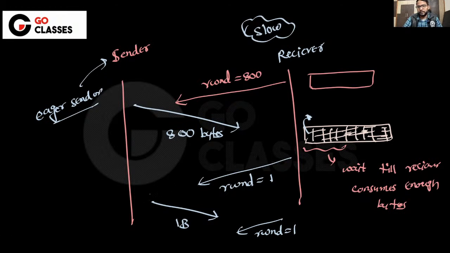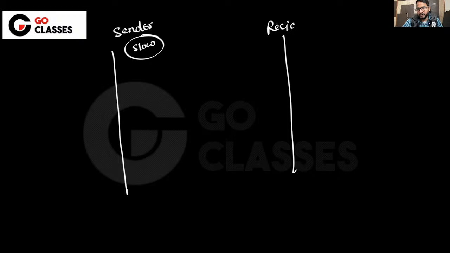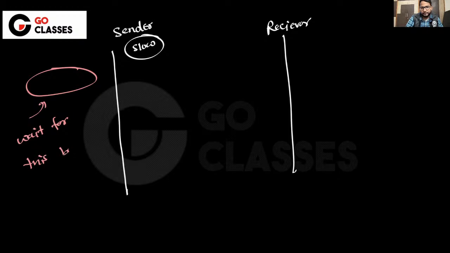I hope you understood this. But now, do you see a problem with the waiting? Earlier also there was a problem with waiting. Let's suppose the sender is slow. That's why we sent 1 byte, right? If you just wait at the initial phase, if initially you keep on waiting, saying let's wait for this buffer to get enough bytes,